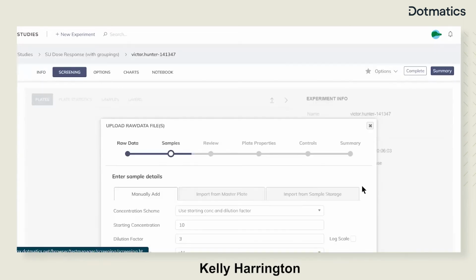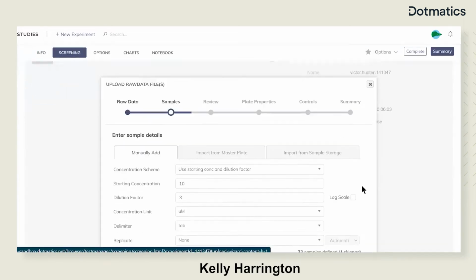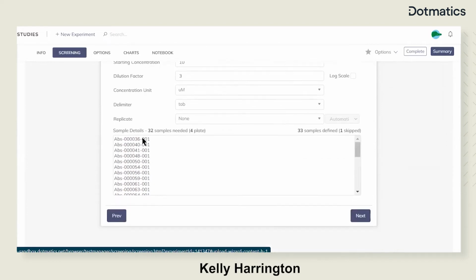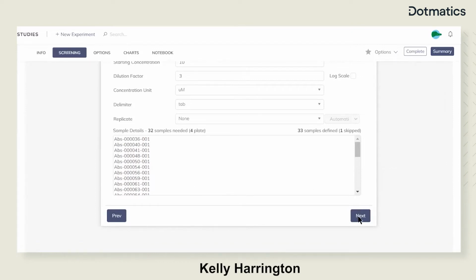I will click Next. And in this Samples tab, I'll be able to review the content of my concentration scheme and dilution factors, as well as all of the samples that Jessica sent over to me. As you can see, these are automatically ported in, so I did not have to grab these from an email or an Excel sheet or transcribe them myself, which saves me time as that scientist. Clicking on Next,